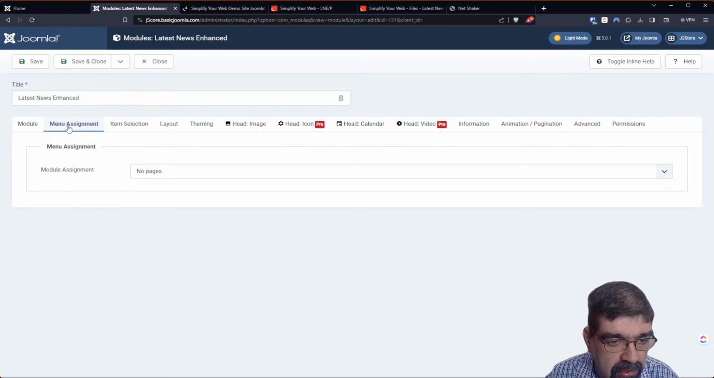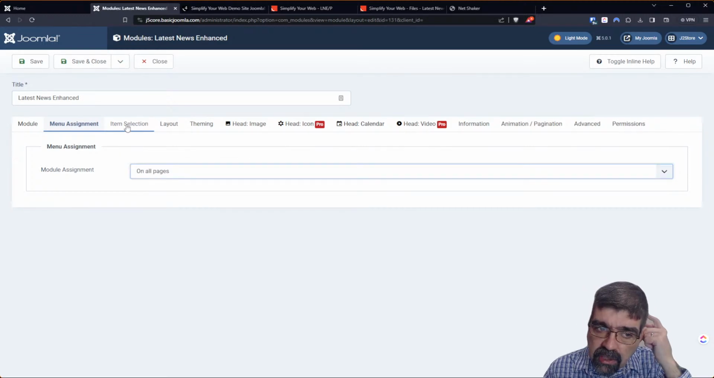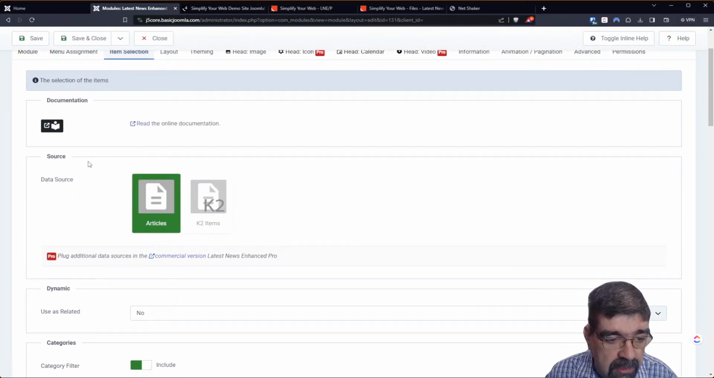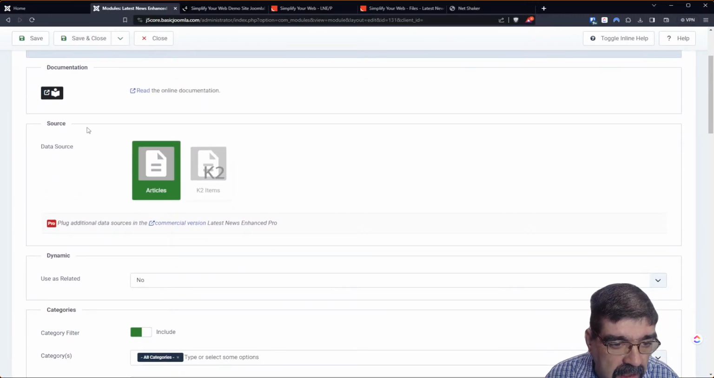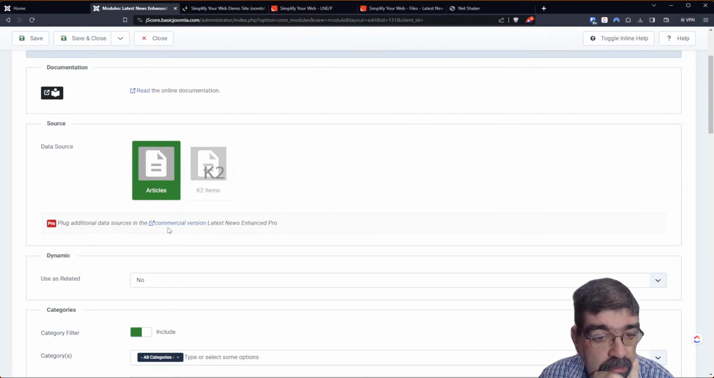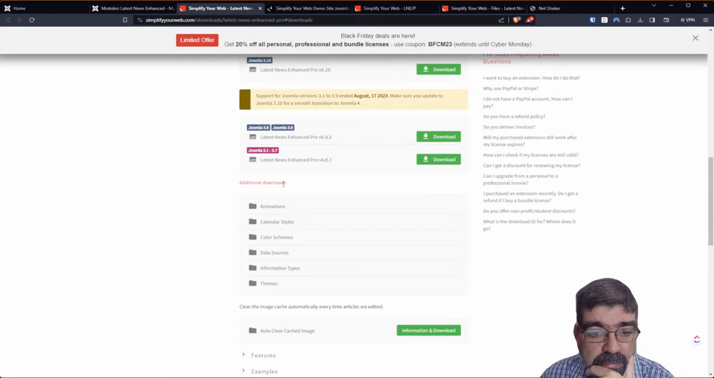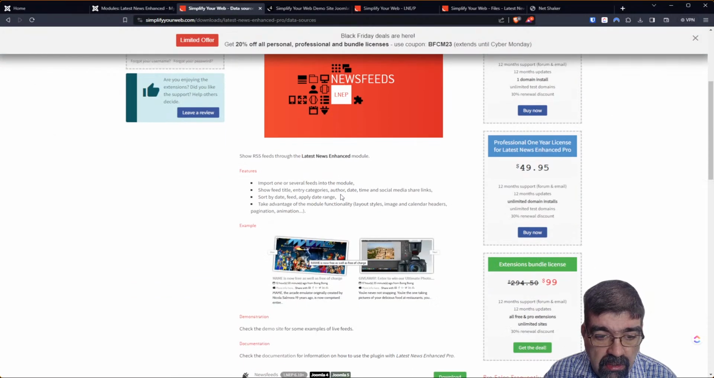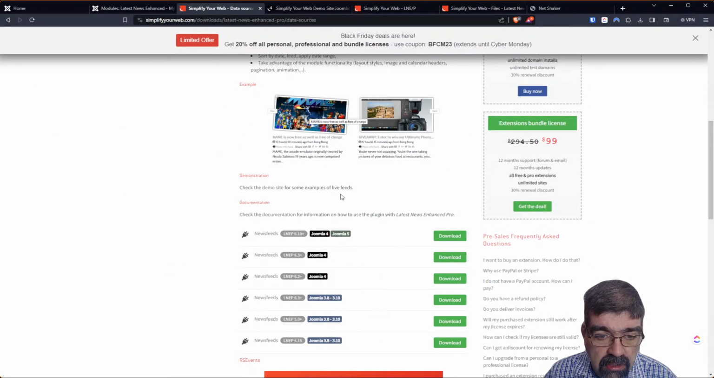So we have our menu assignment. Yeah, let's assign this just to all pages for now. Item selection. Okay, we're selecting from articles. All right. Now, if you want additional data sources, you can use the commercial version. So that would be, what would the data sources be? Data sources. You could do